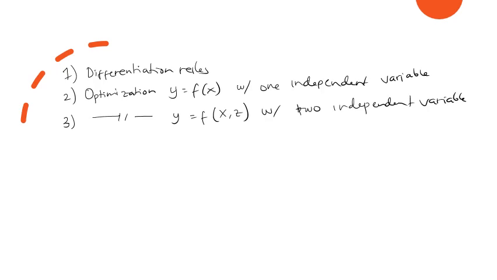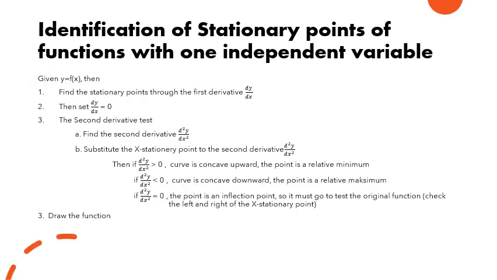Okay, so we are going to do number 1. So what is actually optimization with one independent variable? It is the things like you have learned